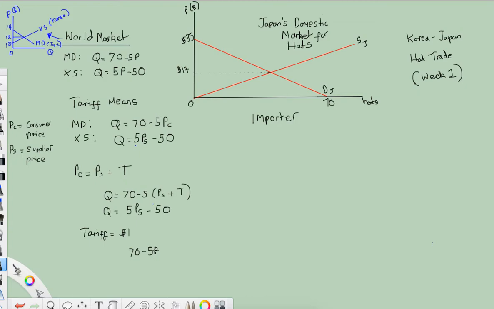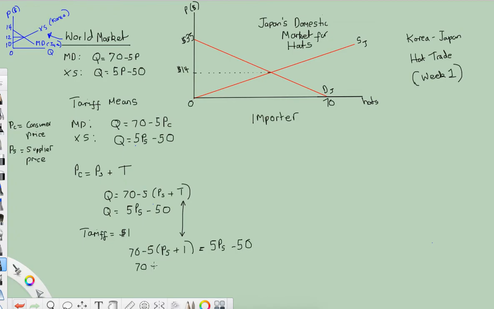5 times PS plus 1 for my tariff. Oops, I keep making 70 minus 5. It's late at night. So I took that T out and I replaced it with my $1 tariff: 70 minus 5 times PS plus 1. We're setting export supply equal to import demand, which is equal to 5 PS minus 50. So we get